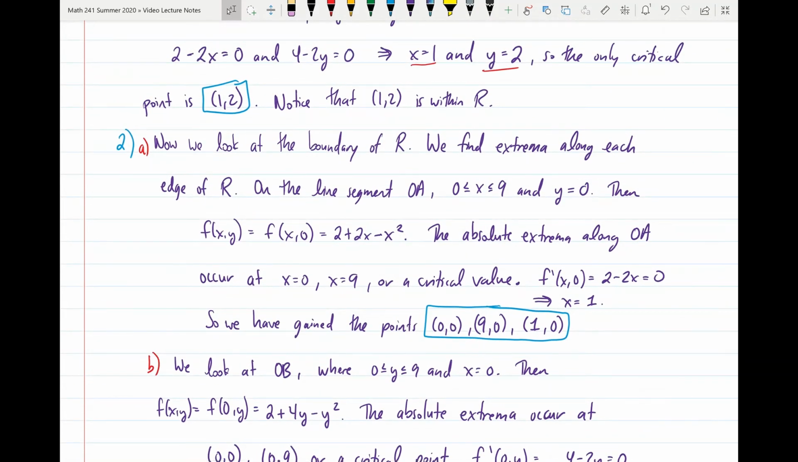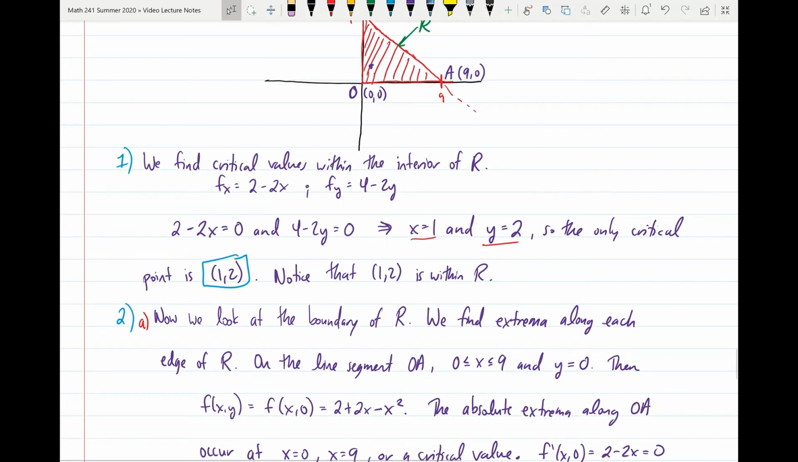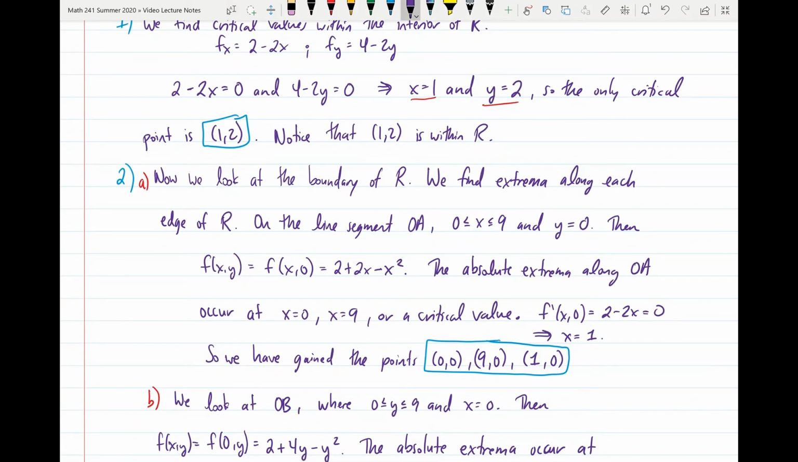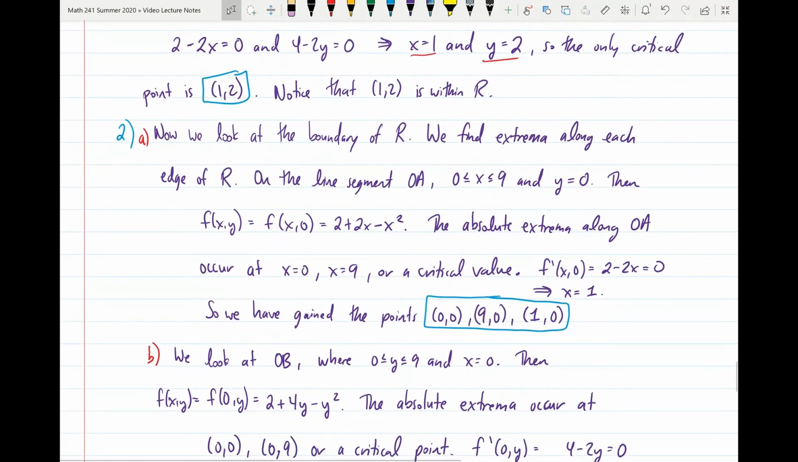So let's start off with the line segment that goes from the origin to A. On that line segment, x is going to vary from 0 to 9, but y is always going to equal 0 since we're traveling along the x-axis. So in that case, if we take any point on that line segment and plug it into our function f